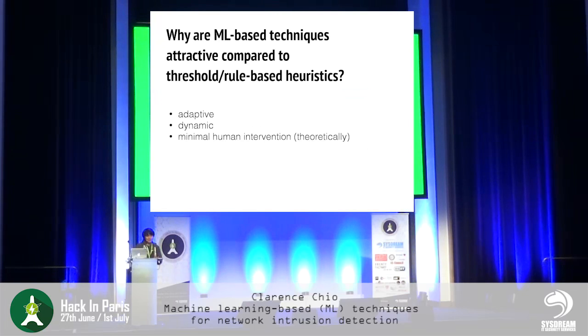But why are machine learning techniques attractive compared to the traditional way? Number one, it's adaptive. You don't necessarily need to have a security expert in the loop. Let's say you deal with a huge number of endpoints, you deal with a large amount of traffic, and your website is so complicated that it's just hard for any one security person or team to even deal with the amounts of traffic that comes in. Machine learning offers the promise of being able to learn the patterns of traffic in the normal state and then detect when something abnormal is going on and then try to trigger alerts so that you only bring a human into the loop when you suspect something.